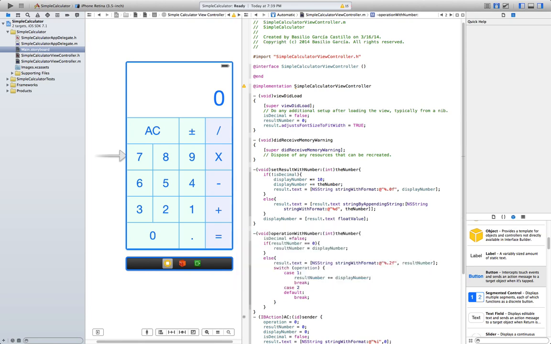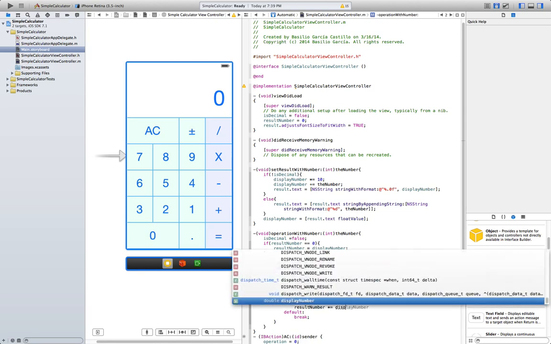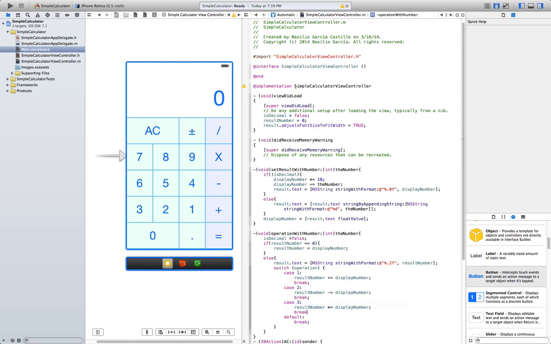Case 2, result number minus equals display number, in case we press the subtract button. Case 3 is gonna be multiplication, and case 4 is gonna be a division.